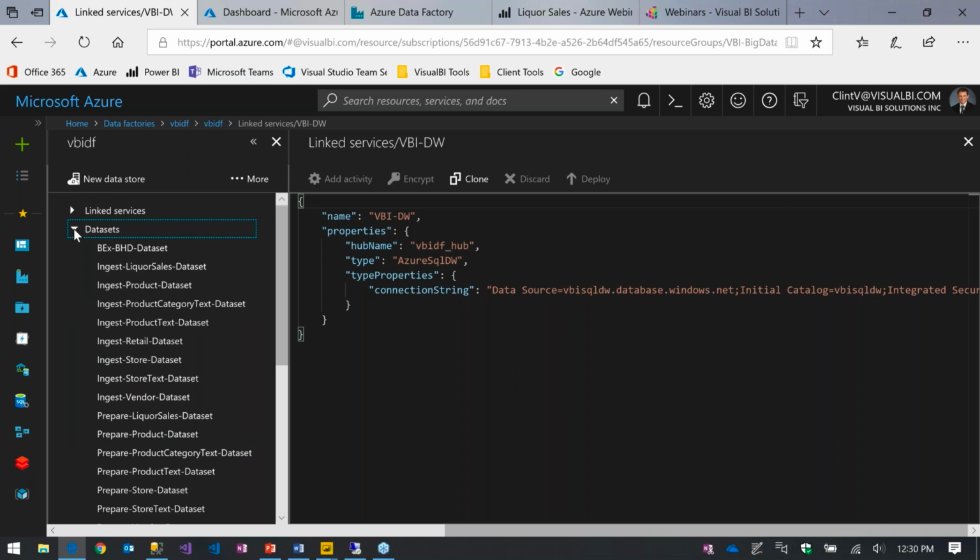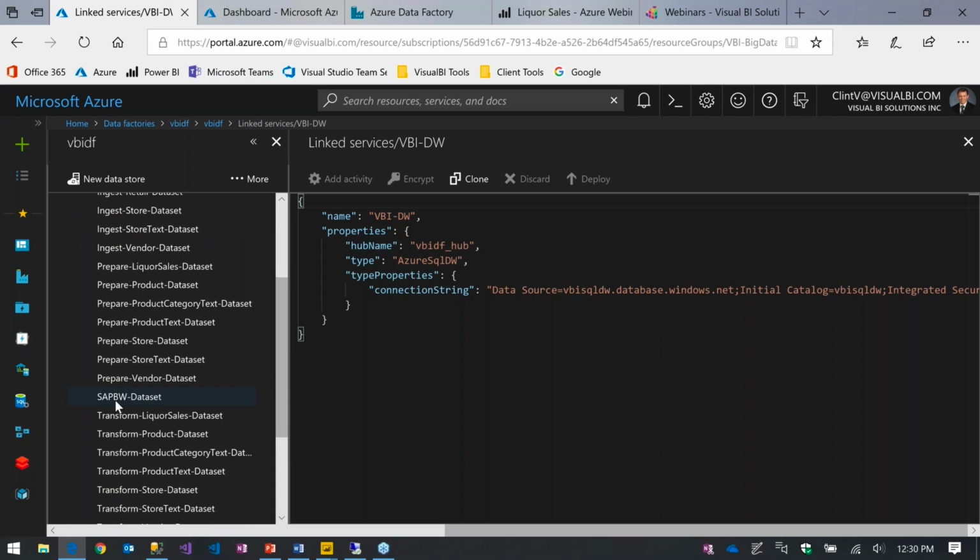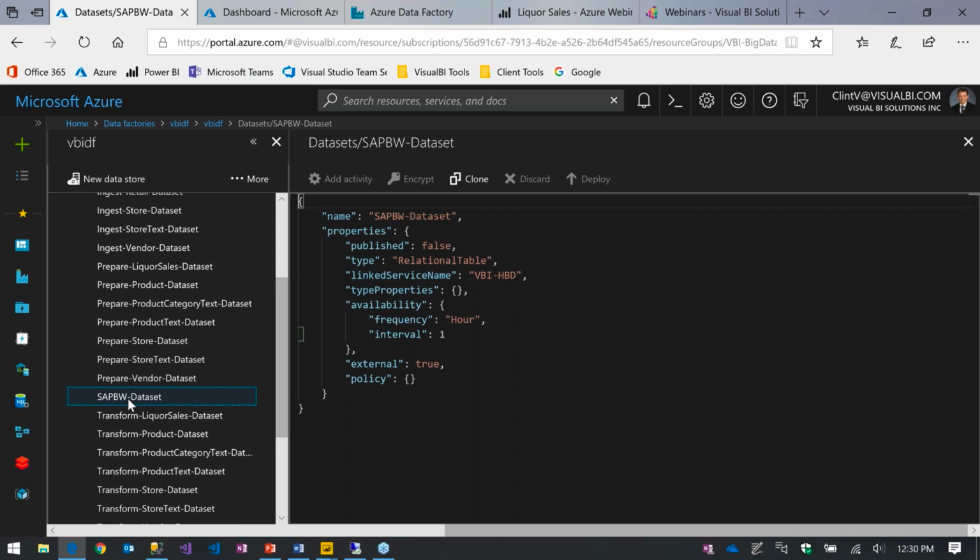All right, so linked services are attached to data sets. Very quickly, when I talk about our data sets, we have to have one defined for every in and out of our architecture. Starting with coming out of SAP, going into our data lake, into the ingest folder, out of that ingest folder into the prepare folder, from there to the transform folder, and finally to our data warehouse. So if I scroll down very quickly, here is the SAP BW data set. This is our first data set defined. It uses that connection to our SAP BW on HANA environment and just defines that general data set.